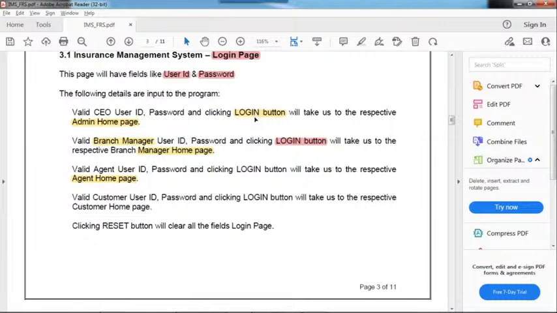Then what is the output? Suppose you are able to see the admin homepage, as per the given requirements, it means it is working as expected. Understanding, right? Suppose you are not getting the admin homepage, you are getting some different page, then it's a bug.